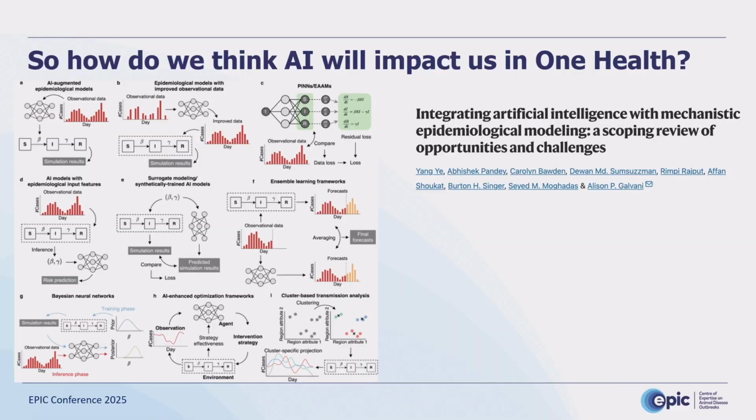This is a figure from another paper which will not be properly visible, but I also like this framework of how people were considering how AI is currently contributing to mechanistic modeling in epidemiology. Right? So this is mechanistic modeling. I mean some sort of model you've built where you understand the pieces of how it goes together. It's like an SIR model, a compartmental model, a mechanistic model. It can be stochastic, totally fine, but you've built it, it's understandable, you know the pieces,